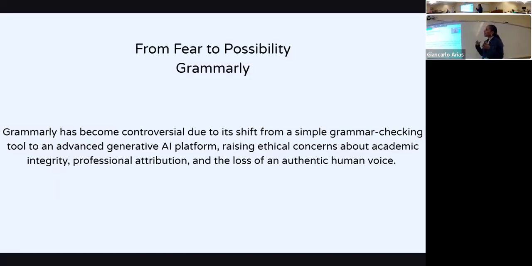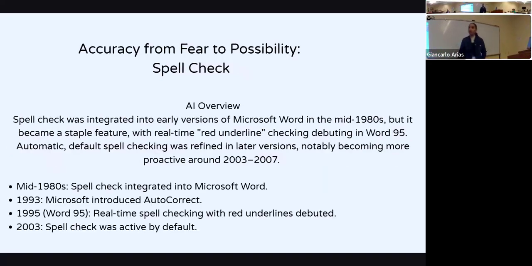So all I'm saying is, with something as simple as Grammarly, which used to just be thought of as a way of helping to correct grammar, now that AI has been integrated within the Grammarly, it has been controversial. And some teachers and professors are telling their students not to use it. But my issue is, yeah, but some of them now are not correcting anything. They don't even know how, okay, before turning it in. So I just think that as adults, and I come from a certain age, I would like to share with you that when I was in college, I loved spell check.